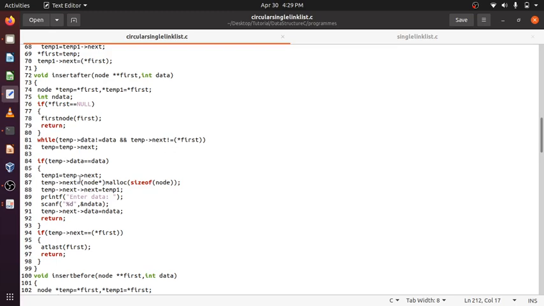Temp 1 next will contain the first element. Temp next, a new element is created. The next of the new node will be made temp 1, which contains the first element, then temp next equal data.